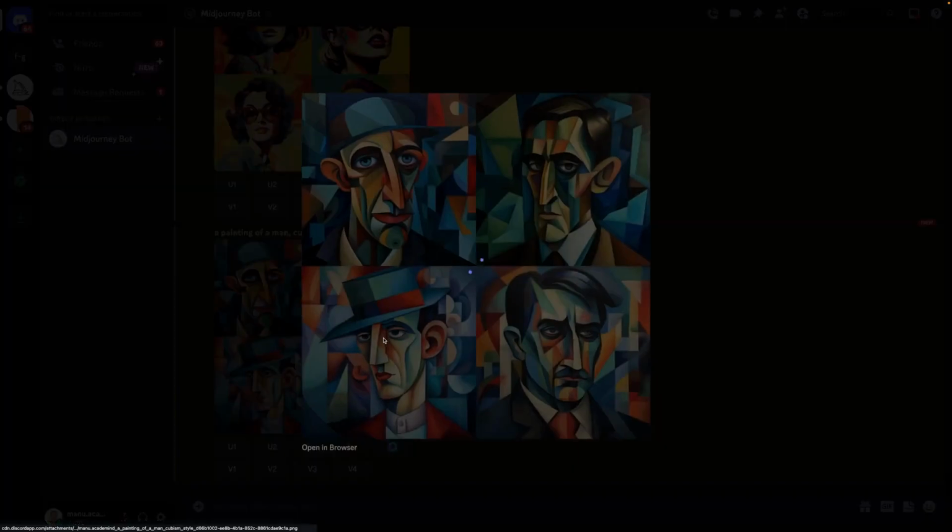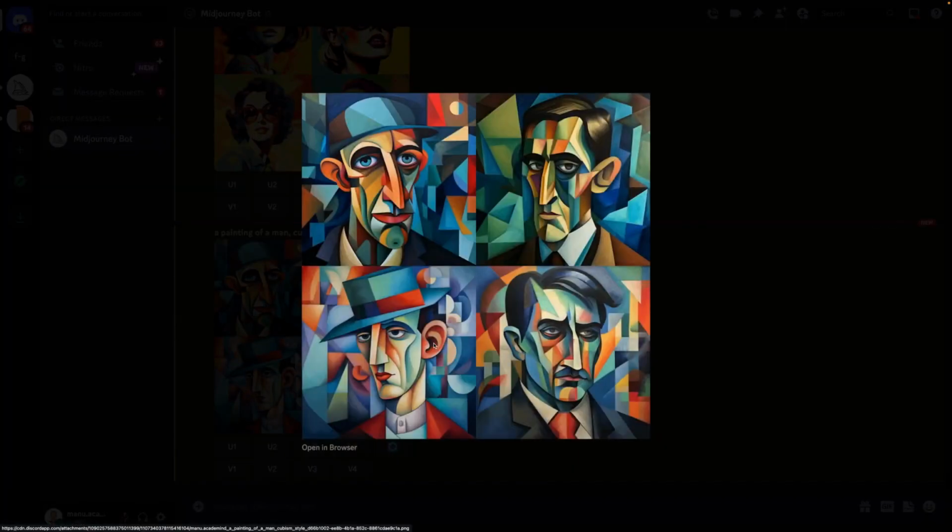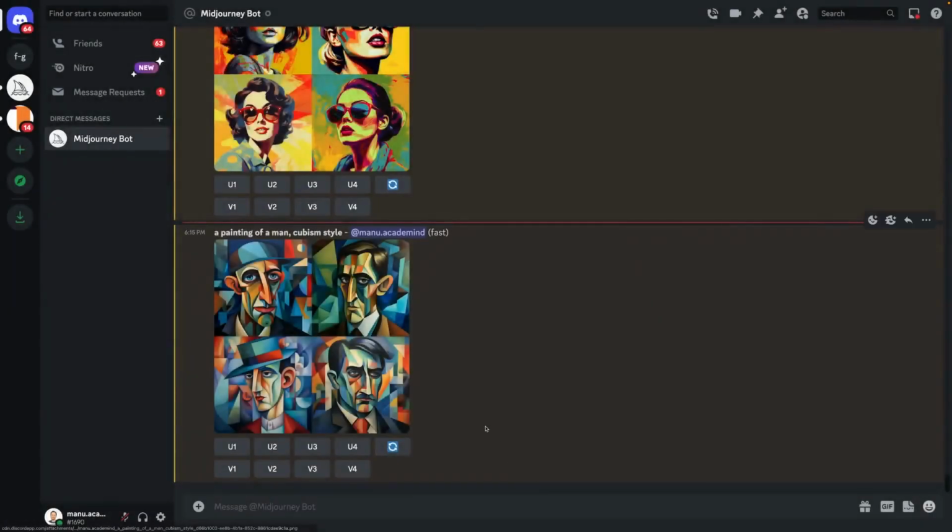And once again, I'm still not an art expert and I don't think these are perfect images, but I think the core idea of cubism, as far as I know it, was incorporated in these pictures. So as said, you can try out the different art styles on your own for the images that you want to create. In addition to art styles, you can of course also create images according to a specific artist style.